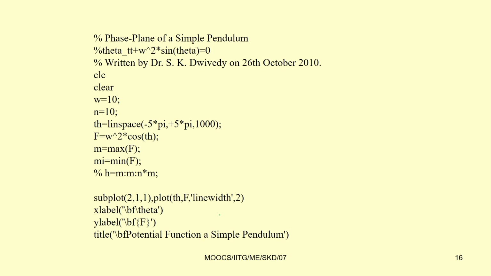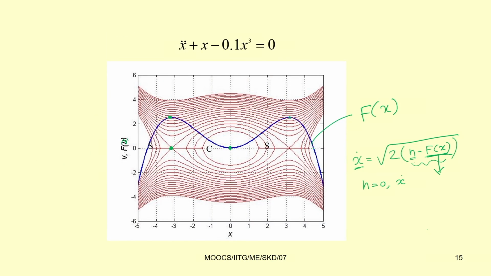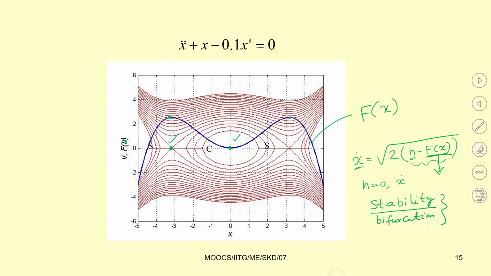When the potential energy is minimum, later we will study the stability. When we study the stability of the system, that time I will explain stability and bifurcation, and more regarding this curve. We will know what we mean by stable response and what we mean by unstable response. We will discuss that this point is known as a saddle point. This is a center and this is also a saddle point, and we can have the motion: in the forward direction what is the motion and in the reverse direction what is the motion. Those things we will study there in detail.